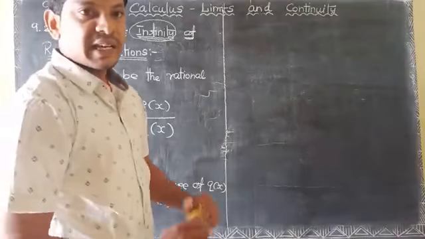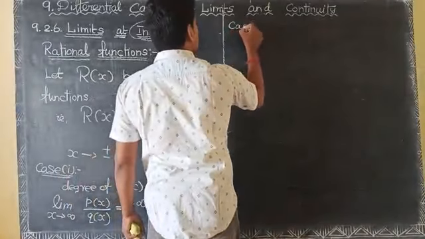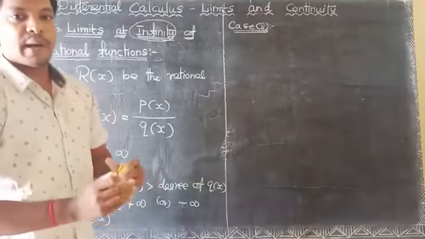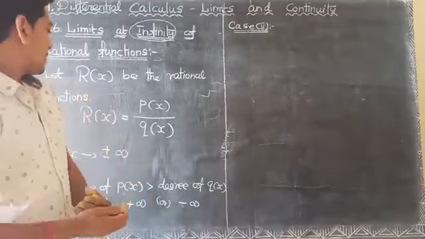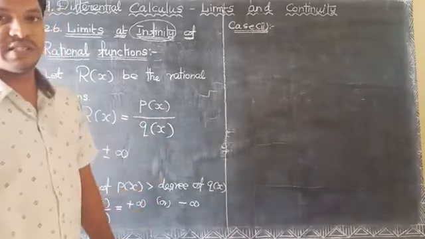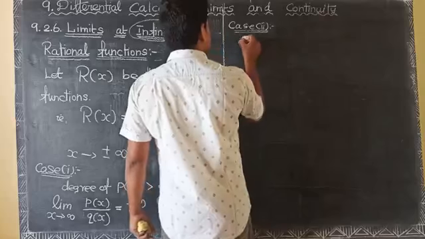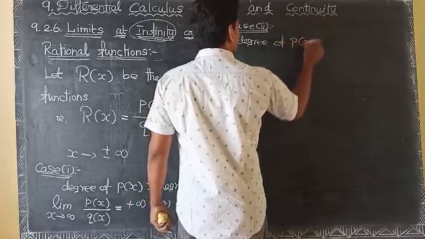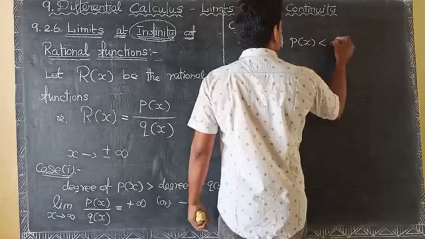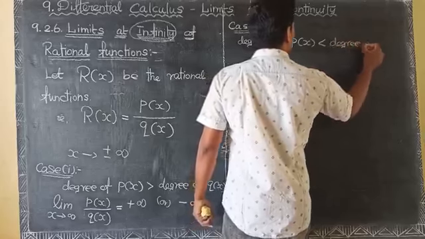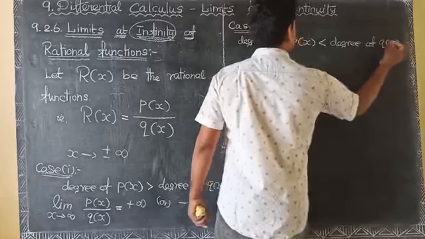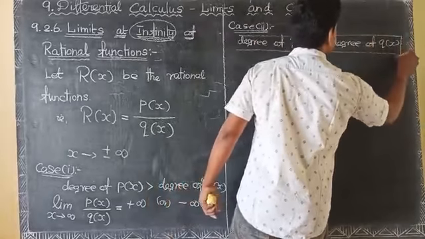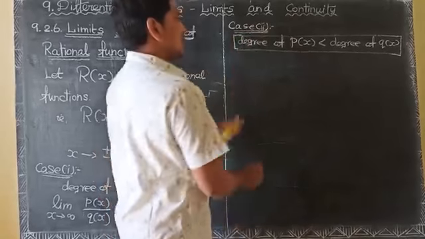Next, case 2. Here again comparing degree of p of x and q of x. Degree of p of x less than degree of q of x. This is the relation between p of x and q of x. If this condition is satisfied,